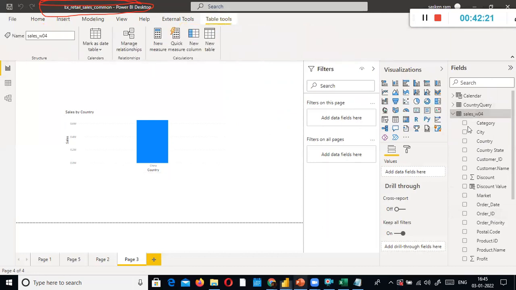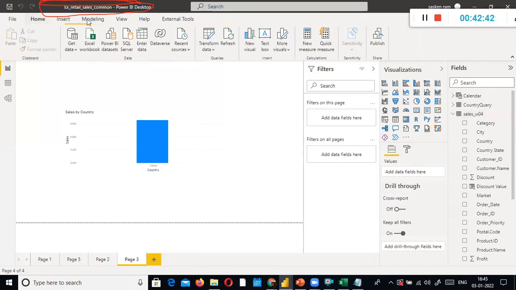Now I need to know the path, the folder name where I use it. In my laptop, the Sales W04 file is there in multiple folders. How do I know from which folder I have chosen this one? I need to go to transform data.